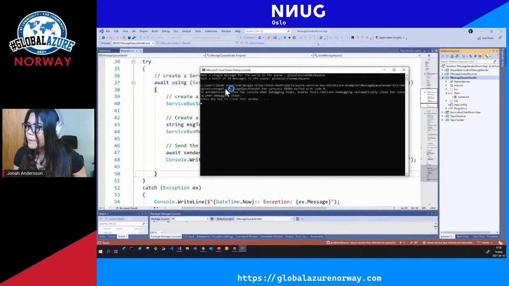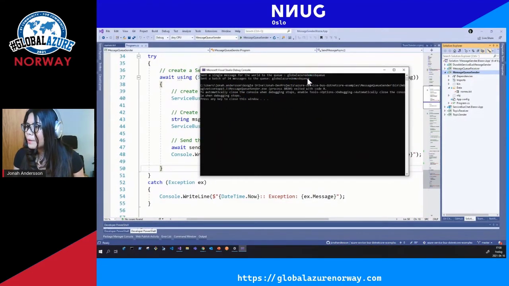And I will just wait for my final message. So it took like 1, 2, 3 seconds, a few seconds. I didn't even have time to switch the console, but I see here I got my log that I sent a single message to my queue, and I also sent a batch of 25 message greetings to all the names in this text file to the same queue. So I should be expecting 25 messages in my queue.